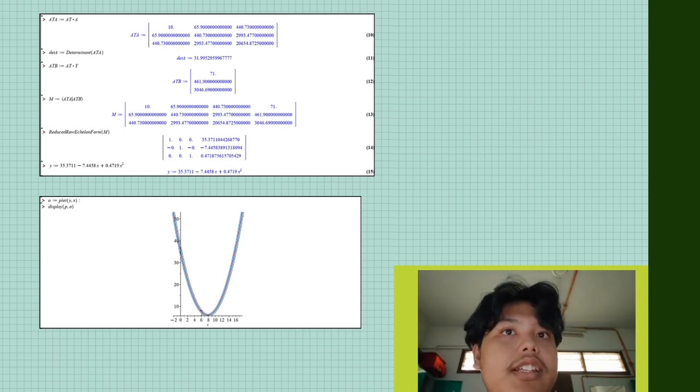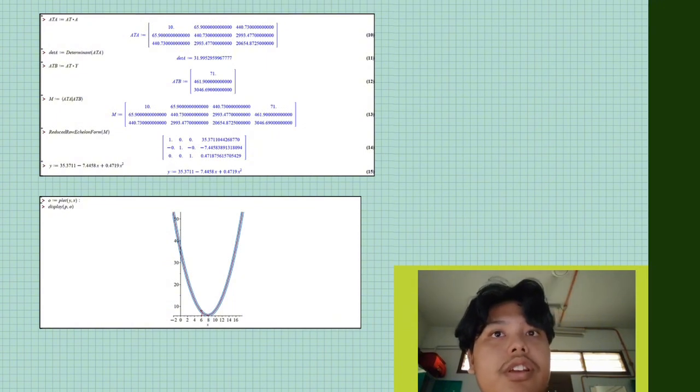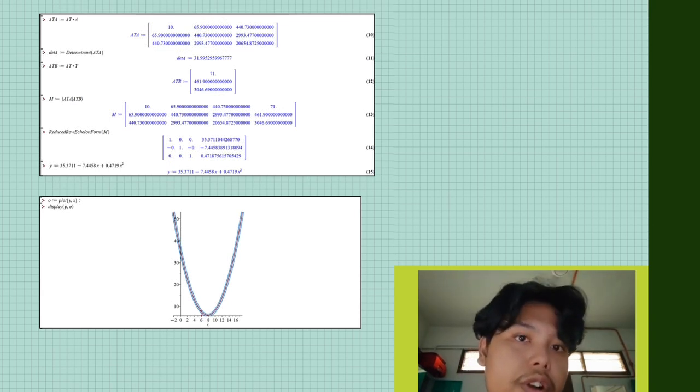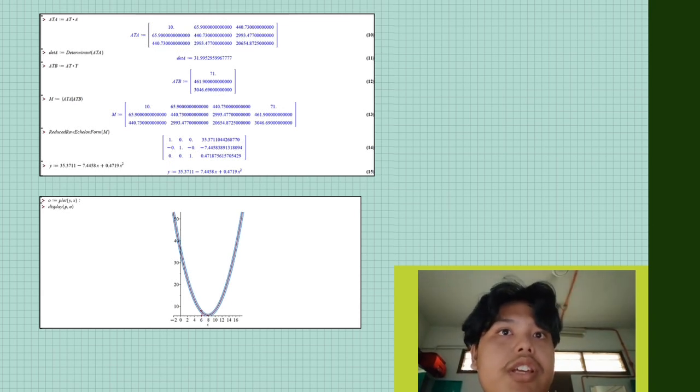So we got the calculation for M. After that, we want to reduce the M to its reduced form. So we use reduced row echelon form for M, and we got 1 0 0, 35.3711, then 0 1 0, negative 7.4458. For the last row, 0 0 1,